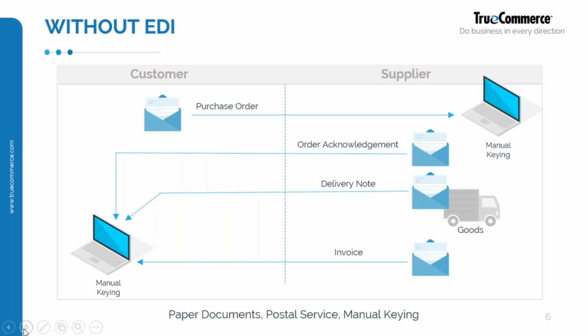So a purchase order will be raised by the customer, and will go out to the supplier via email, fax, telephone, whatever way it may go out today. It's then manually entered into their system, and an order is created, the order is entered onto their system for picking on their internal systems. The stock then goes out, and we get the likes of order acknowledgements and delivery notes exchanged with it. And then lastly, the invoice is sent out from the supplier. Again, a manual effort of typing up that invoice, correlating it to make sure that it's correct with what's gone out, and sending it across then.